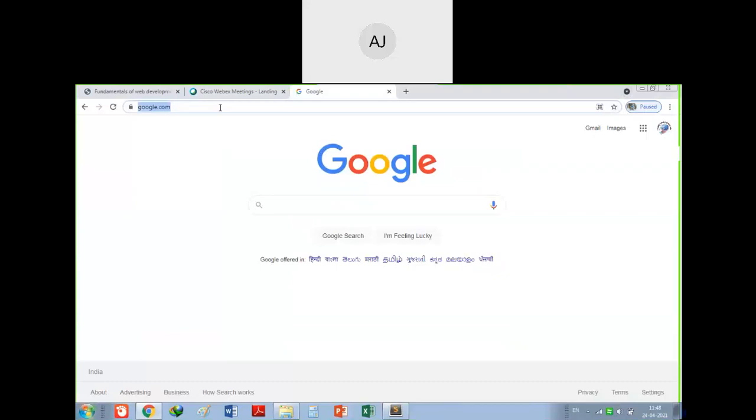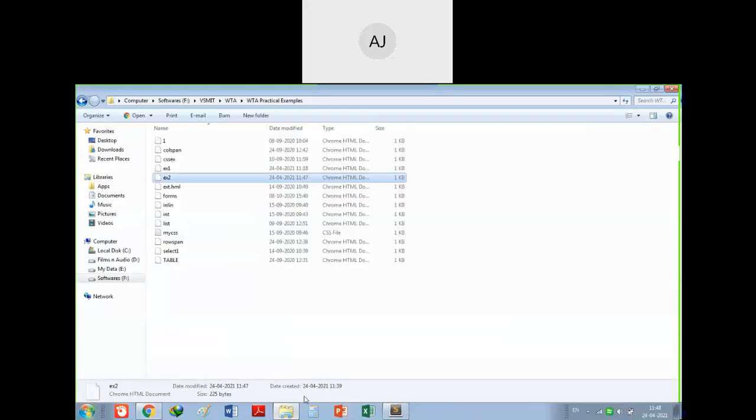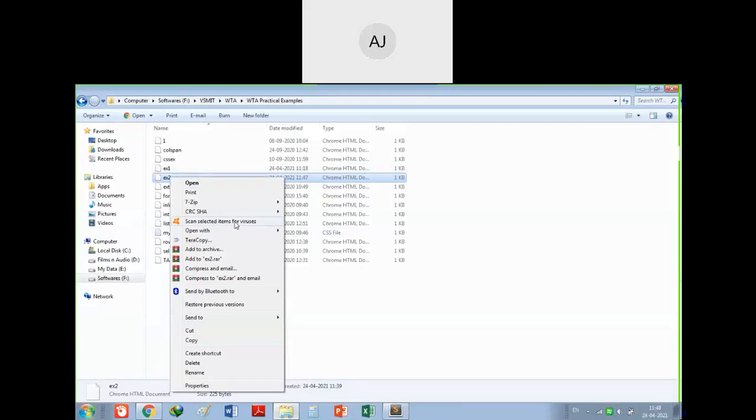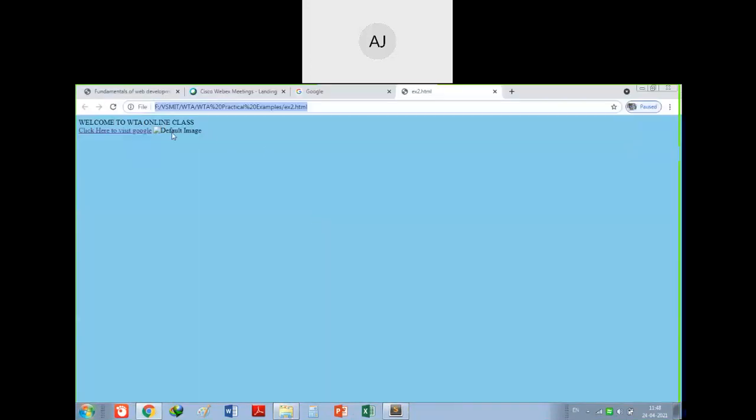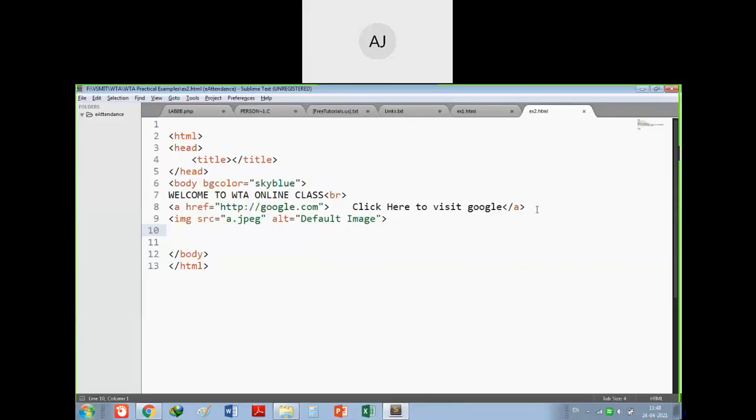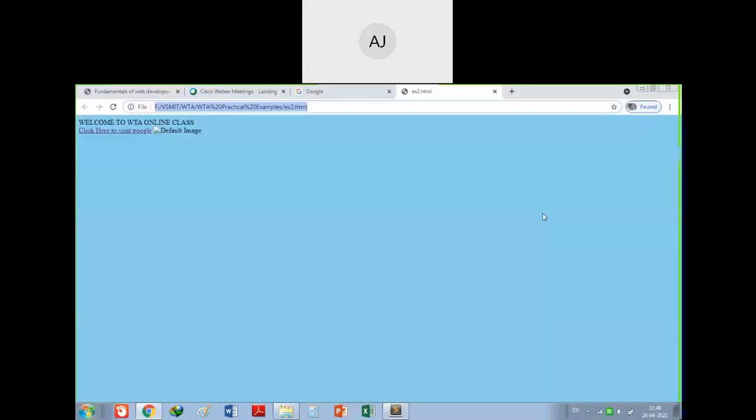Yes, I will go here, then I have to open it once again. For example, open with Google Chrome. Fine, now it has shown here. Actually, one image has to be shown here. I will take again a br tag, that is the next line tag, so that it will come. If you press enter many times, it will not take, but the br tag will make it appear below.